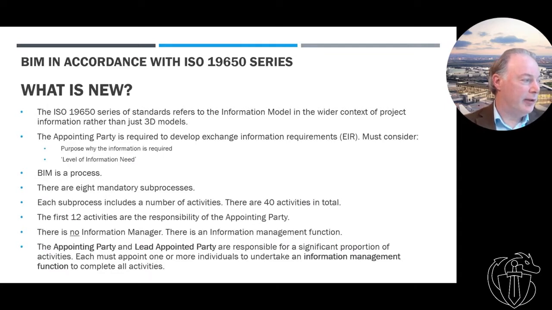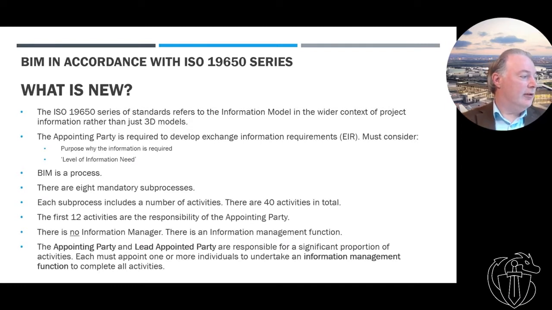So the appointing party, the major change I see is that we need to be much better about understanding the purpose, about why we need information. So not just asking for information because some document says we should have it or because we think we should have it. We need to really dig into why we need it. And we also need to understand the level of information need. So what that really means is, now that you understand why you need the information, what's your understanding of the detail of the information you need? You may not know all the information that you actually need, but you need to either describe it or prescribe what you need. So that's really important.